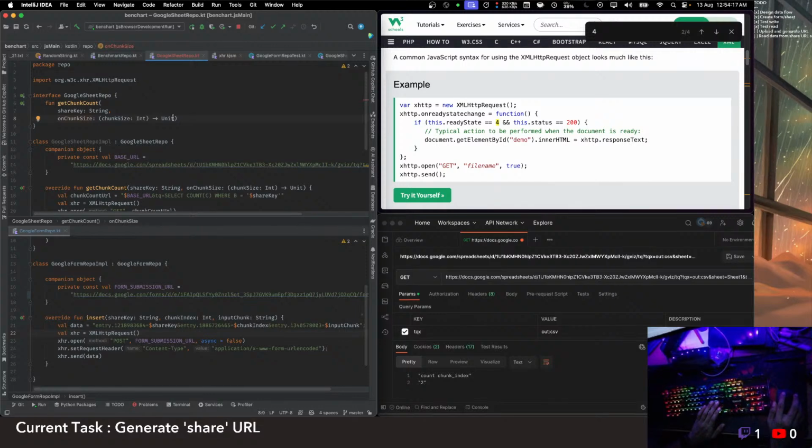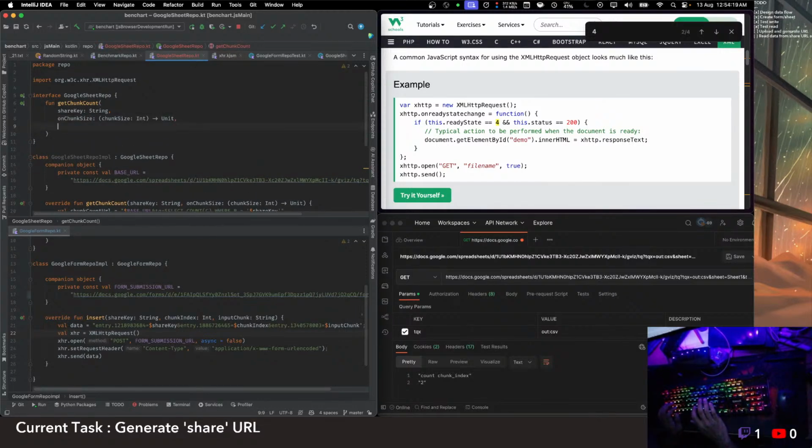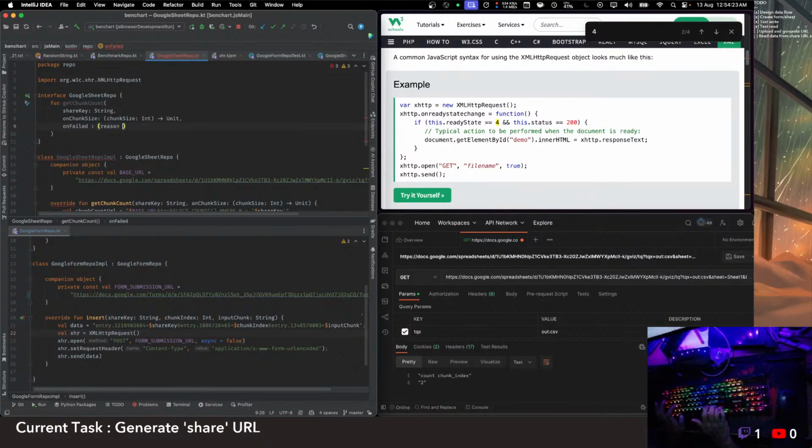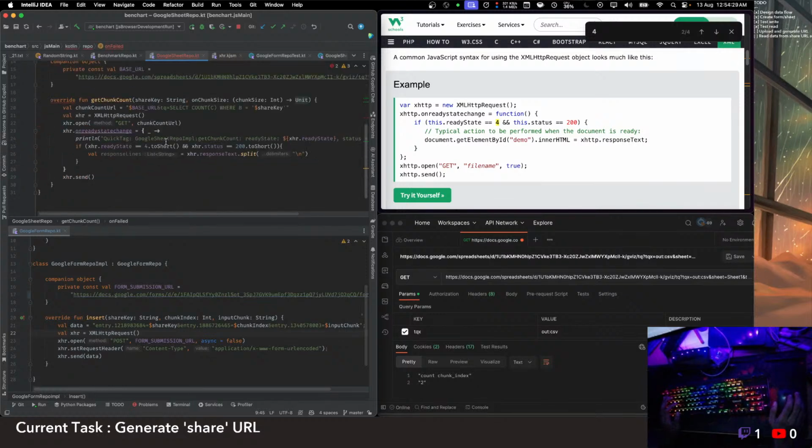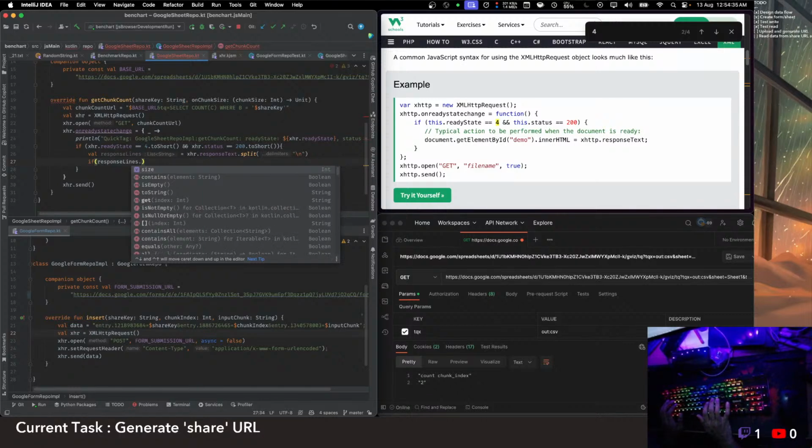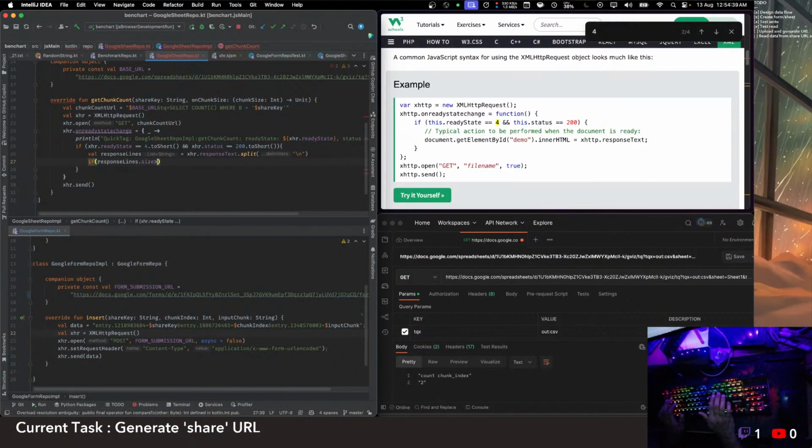How do we know if it's failed or not? When failed, we will send the reason back. If response lines equals, sorry, equals 2, valid